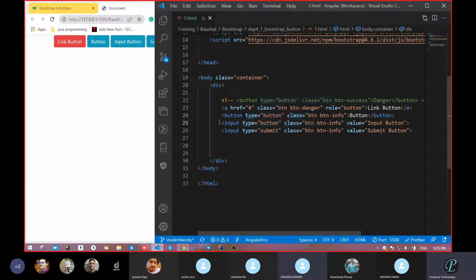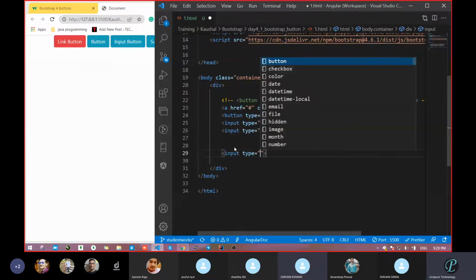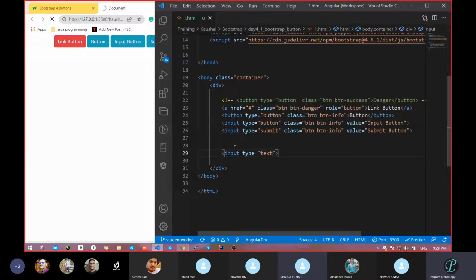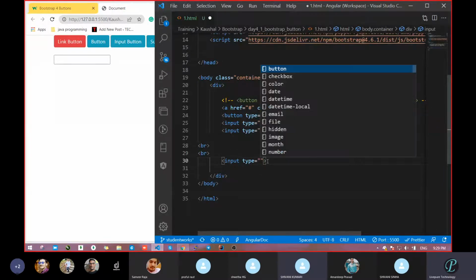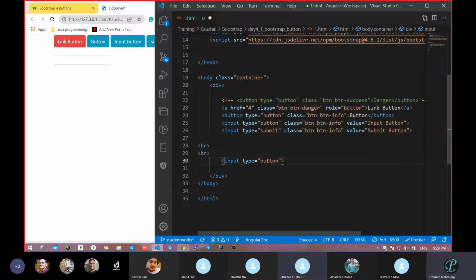So next, this we have already seen, how we can take the button. Then second, the input field. We take an input, and we had already learned this thing, that type equal to button. In the input also we can take that as normal. Suppose we take input, fine, and type, let it be type equal to text. Save. We got type equal to text. I don't want type equal to text. I want this to be a button. Already type has this button property.